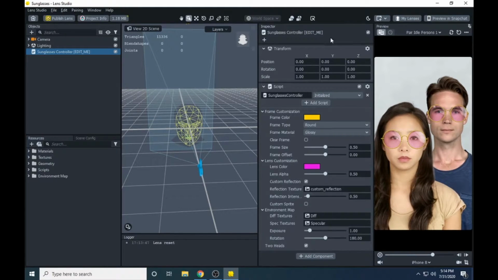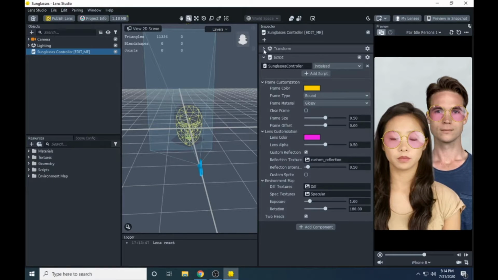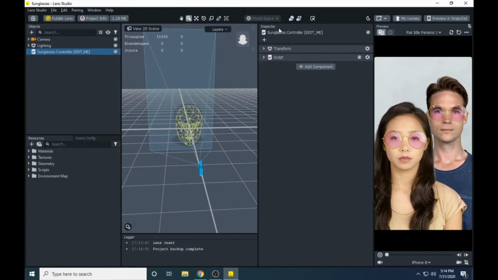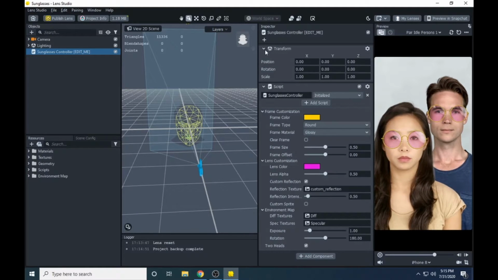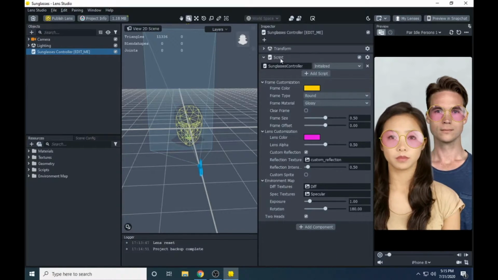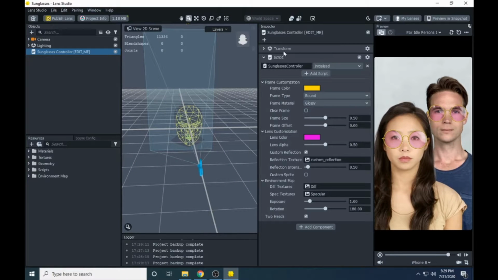In the inspector we have two sections, transform and scripts. We will work on scripts only. We're not going to use transform because it's not needed for sunglasses. In scripts we have three sections as well.